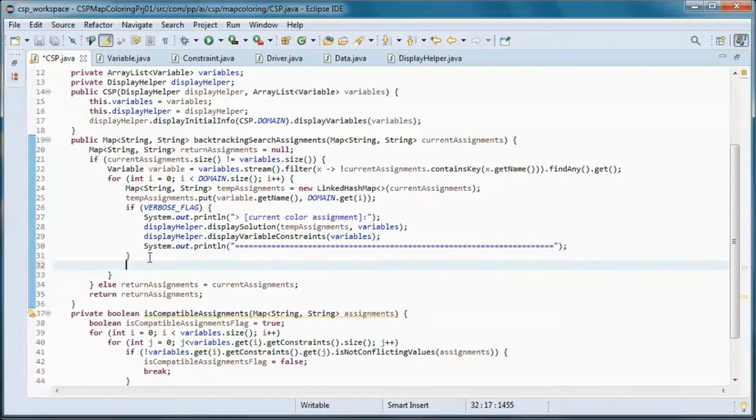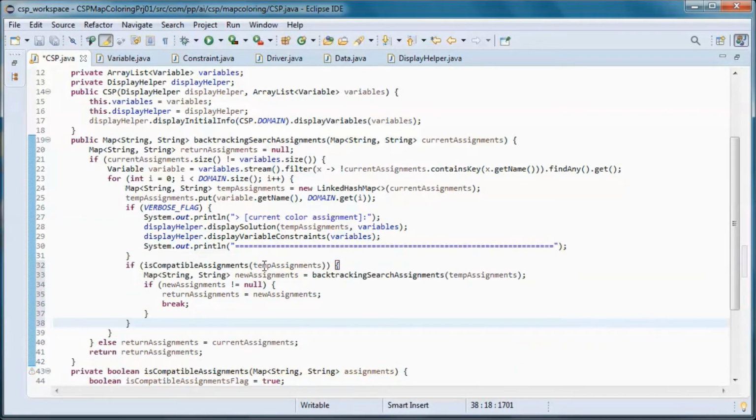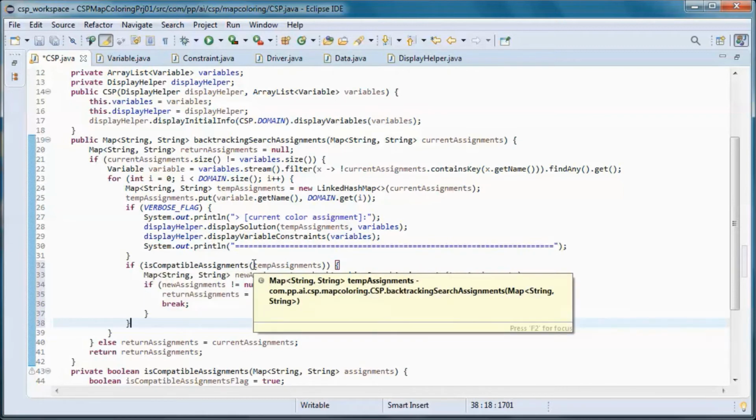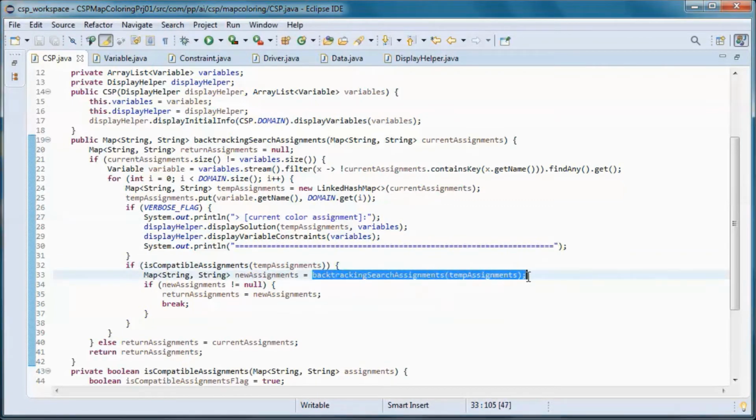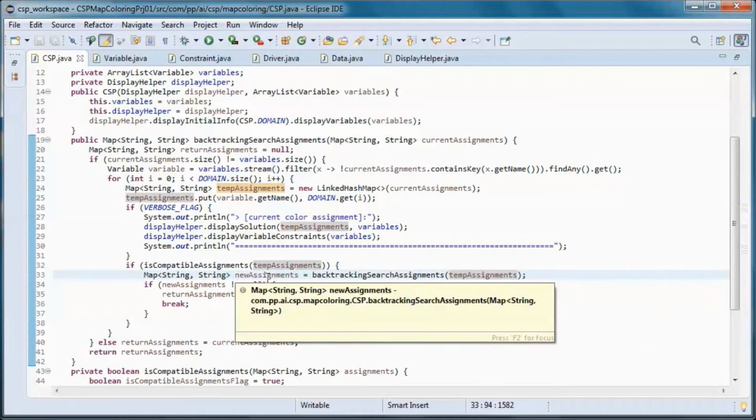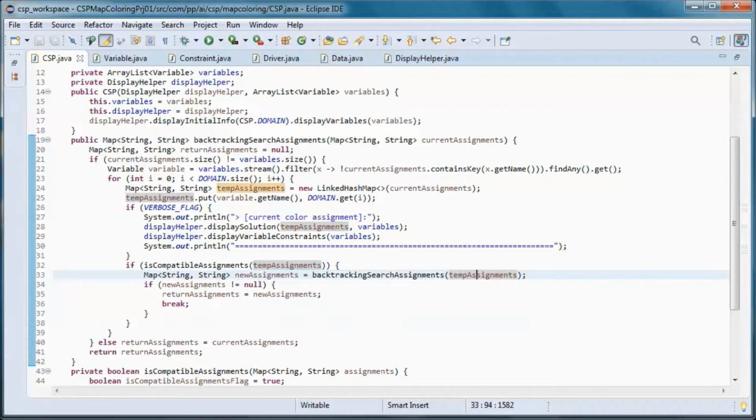And if we find that all the assignments in this temporary map are compatible, then we do a recursive call on this method, passing in the temporary assignments map, and try to assign a new state a color.